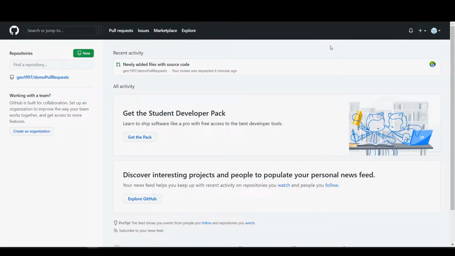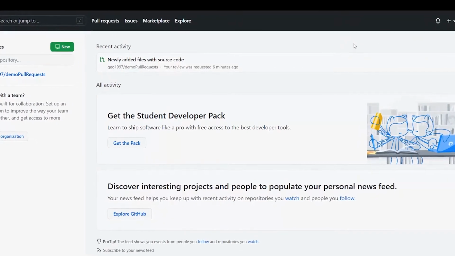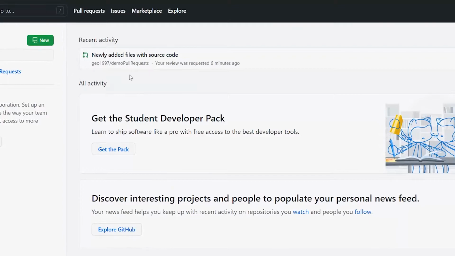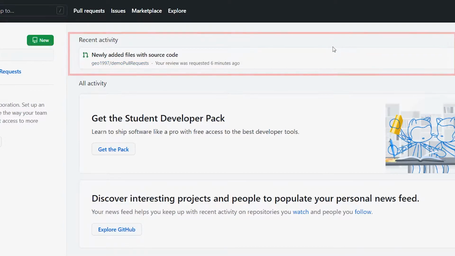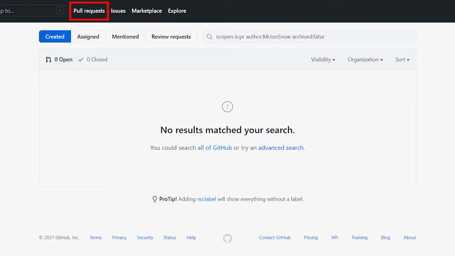Previously we created a pull request, and continuing from that video, now it is time for us to review the pull request that we have created. So I assigned a reviewer in the previous video. Now you can observe that that particular user has received a message saying that you have to review this particular pull request. Before that, we'll go inside the pull request tab, and you can see that there